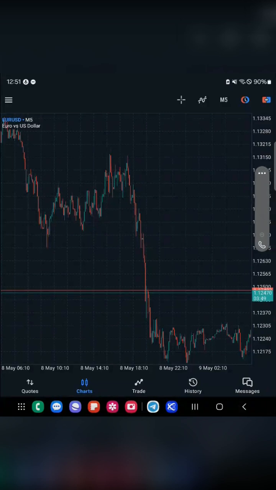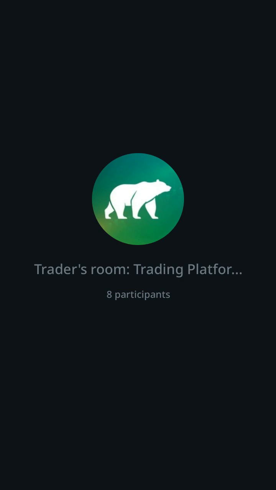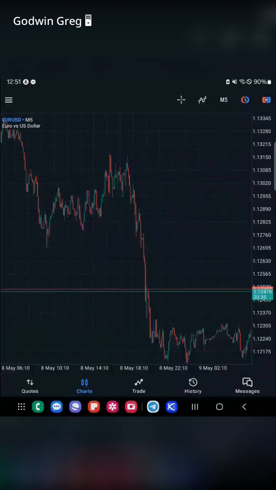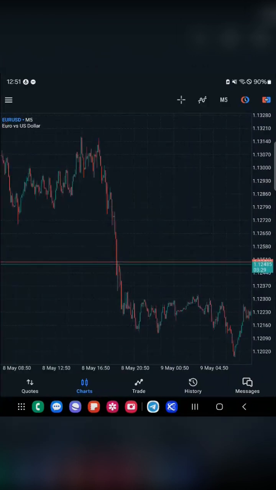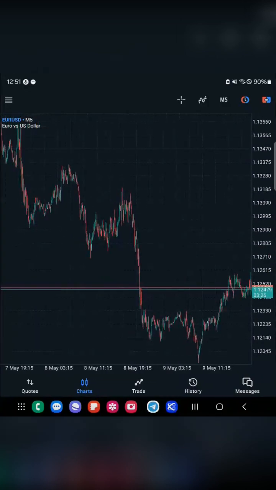Here the customization is default, and the default is that the red shows there is a bear in the market, which means there are sellers in the market. The green is showing a bullish momentum, which means the market is going bullish, with buyers in the market. We've done this before